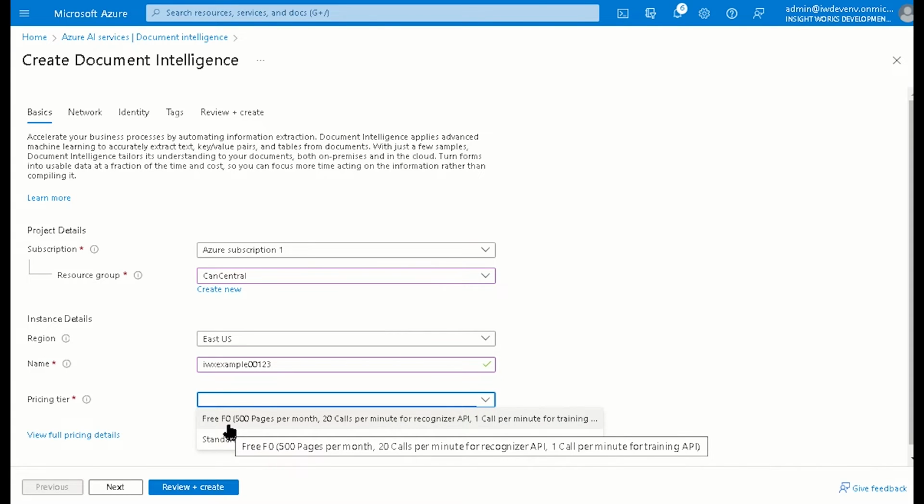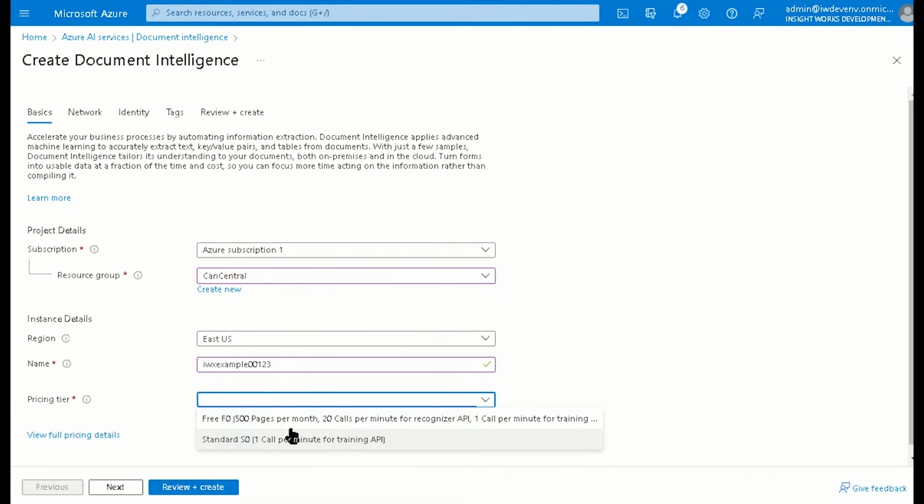you're going to be scanning, you should have access to the free F0. This is going to be 500 pages per month, or 20 calls per minute. And this is going to be good enough for most demonstration systems or training. Once you've exceeded that, then Azure has another pricing tier which allows multiple calls in there.